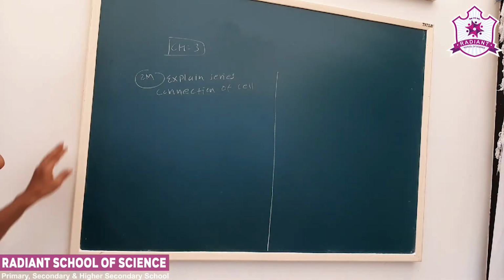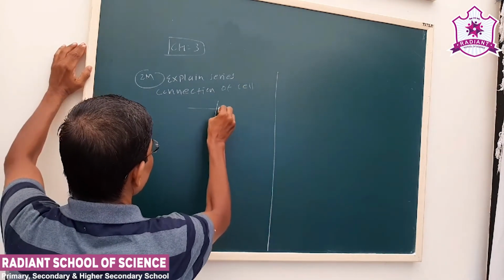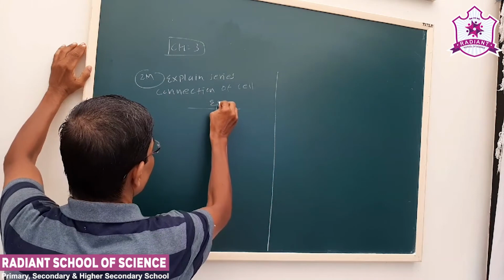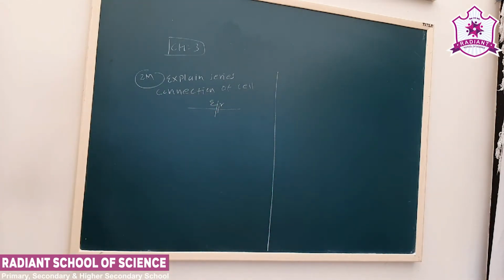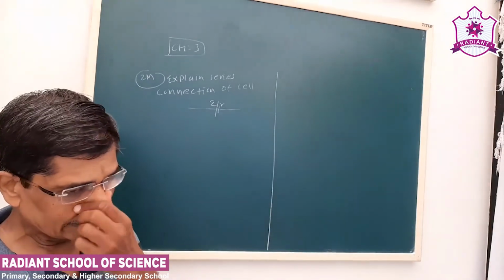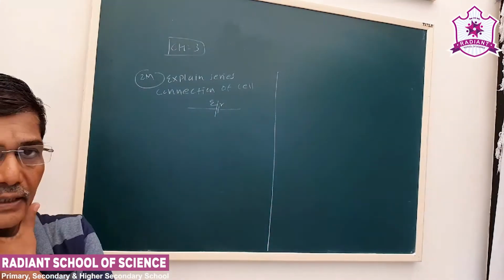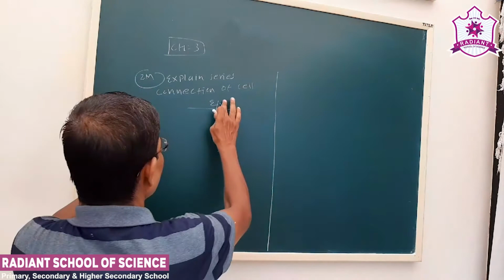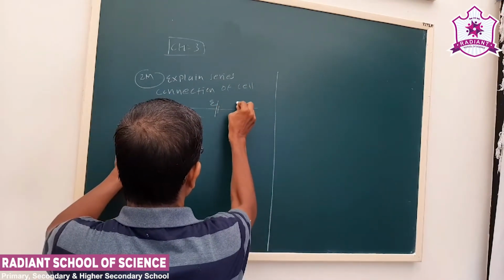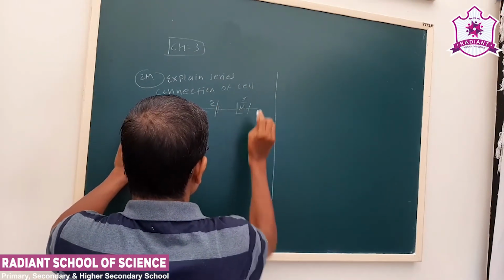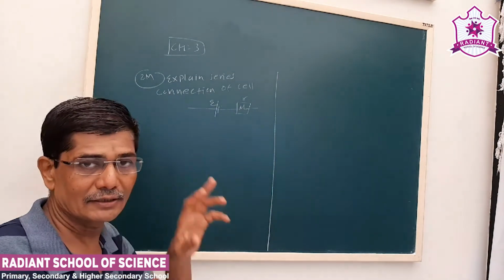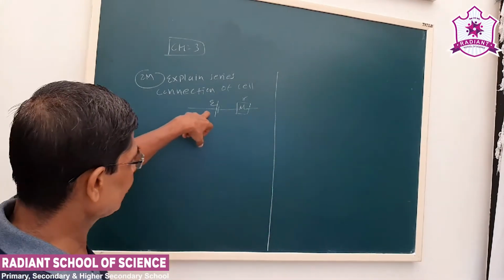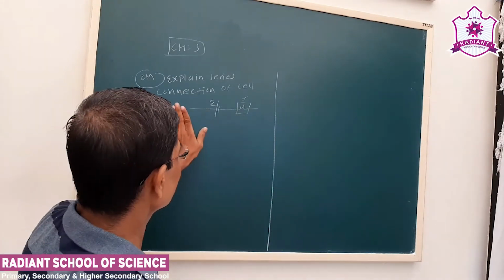Now, normally the EMF of the cell is denoted as E, and if r is mentioned, this small r, we have to remember that it shows the internal resistance of the cell. In some circuits it is mentioned like this: the resistance is shown in a box-like arrangement. So what we understand from this is that the EMF of the cell is E and r is the internal resistance.